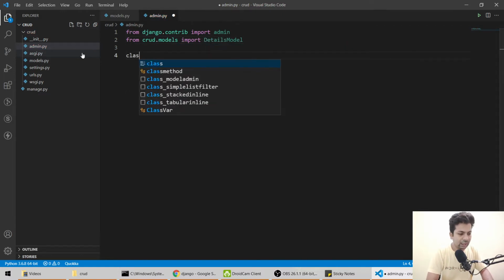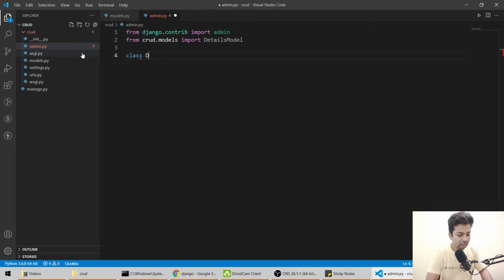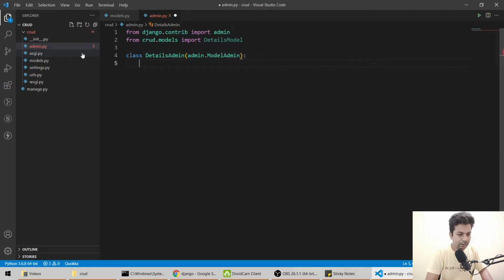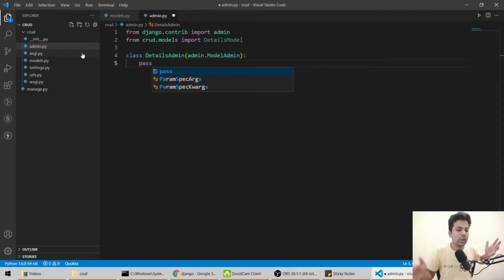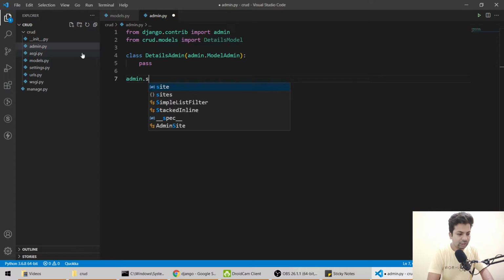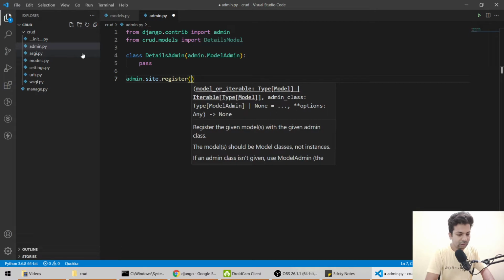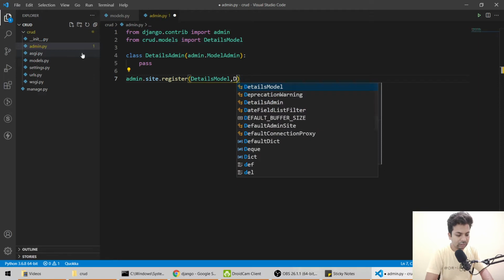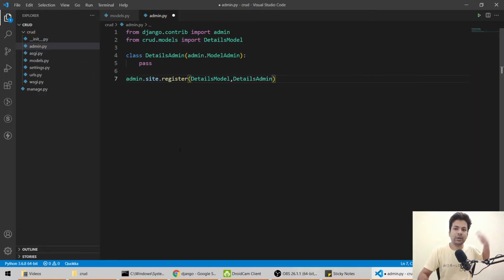Now here we'll make class DetailsAdmin, admin.ModelAdmin, and say pass, meaning don't do anything, just move forward. Then we register it: admin.site.register(DetailsModel, DetailsAdmin). So now it will appear on the admin website.